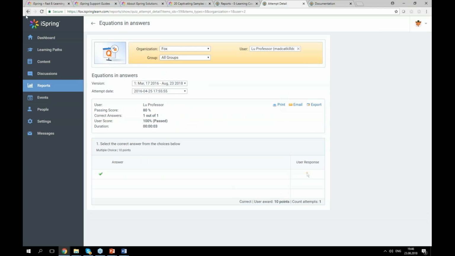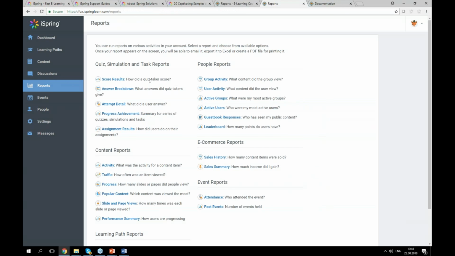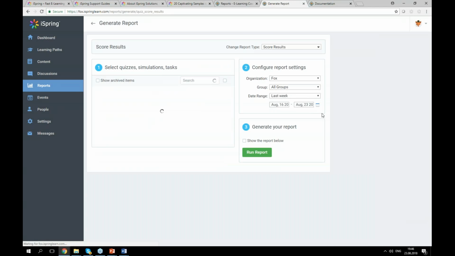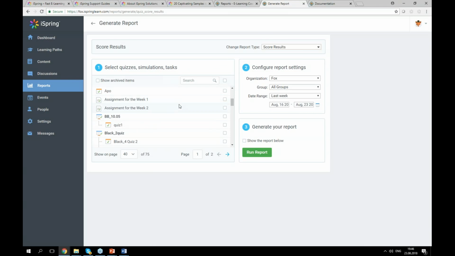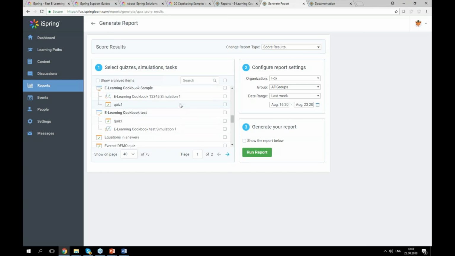Yeah, looks like something is wrong with this particular one. Give me just a second. Let's actually do that from the report section. We will do the how did a quiz taker score type of report. And so